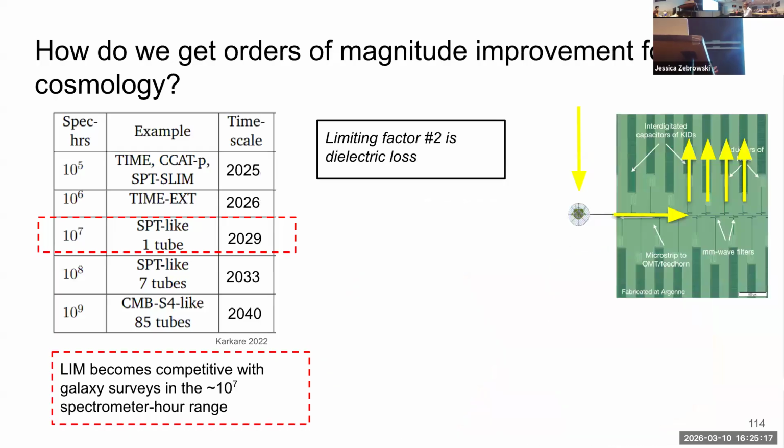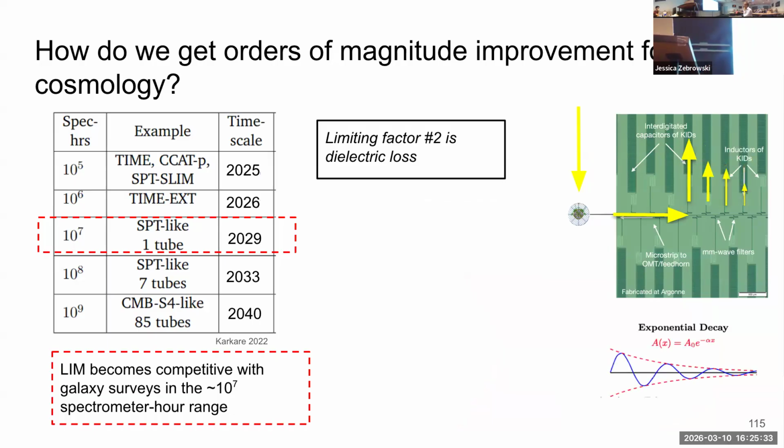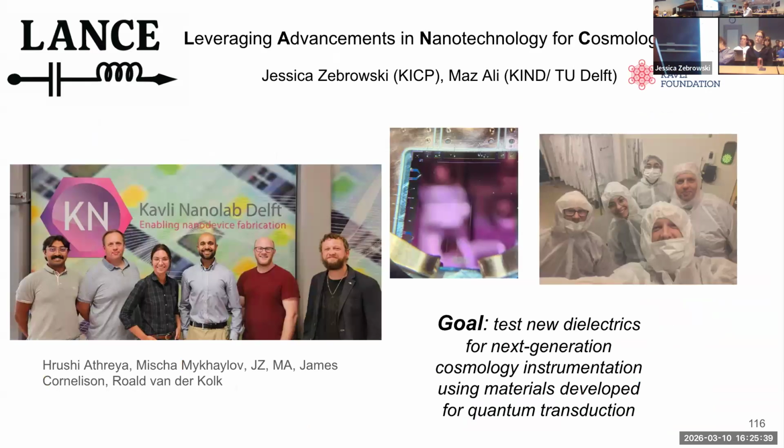The second big limiting factor is dielectric loss. When light comes into our OMT and then goes down the feed line, ideally the light gets channelized off at the different frequencies for the different redshifts. But unfortunately, you're making this out of real materials, not just completely in vacuum. So you have this exponential decay as you move down the feed line. This is called the dielectric loss.